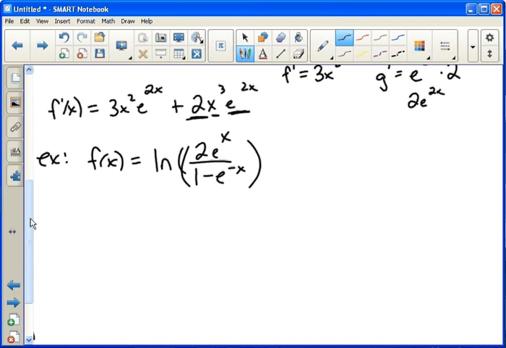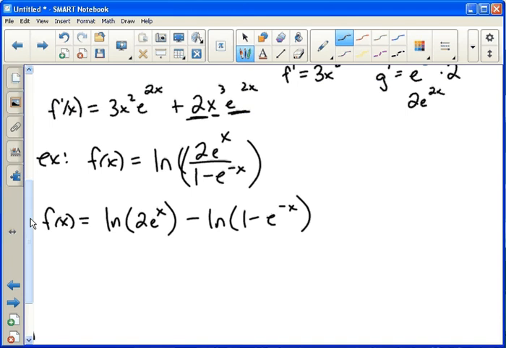So first, I don't want to use the quotient rule if I can help it, so I'm going to split this up into 2 pieces. So notice, this is still the original function, and I get that. Now, when we take the natural log here, remember the derivative of a natural log is the derivative of the inside over the inside. Well, the derivative of 2e to the x would just be 2e to the x over the inside, which would be 2e to the x, minus,